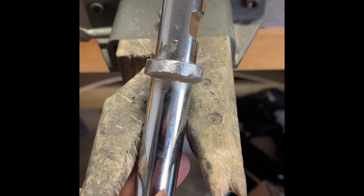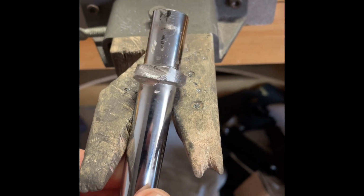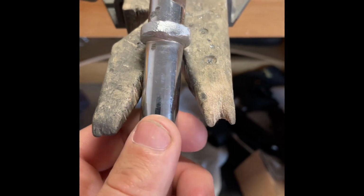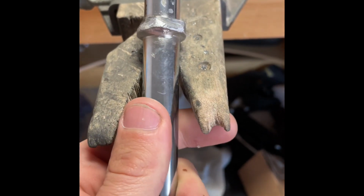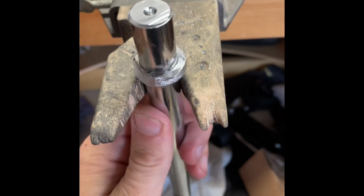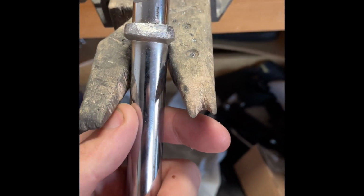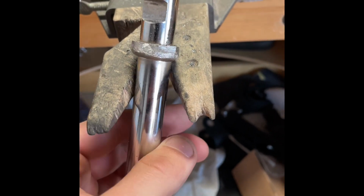So this is where I'm at now after cleaning up. You know, pretty solid. I mean, I definitely took off more material than I needed to, which is fine. I'll probably go in at some point when I'm feeling like going the extra mile and really clean this thing up and make it pretty damn near perfect. Or I might just buy a new bar. But for now, I was just impatient and wanted to continue to mod my...